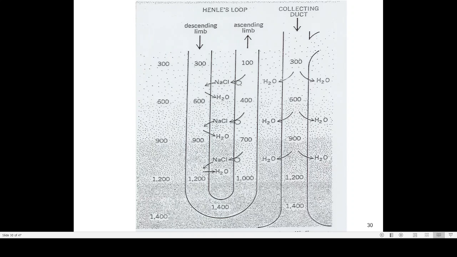So these are the various processes and phenomena which are involved in urine formation. Sometimes in last year's question paper also they have asked us to give an account of urine formation. So you have to explain all these things by drawing the diagram of a nephron. So that is regarding the first one. Then